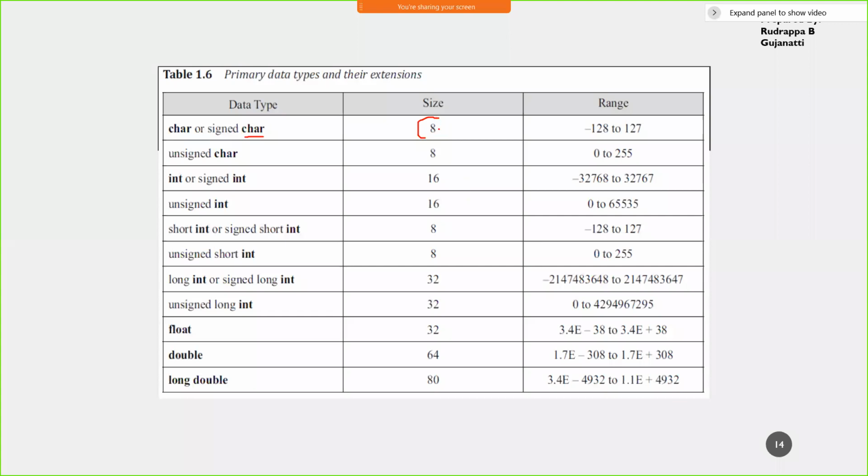Now, when you have 8 bits, you'll have a particular range for that. Since it is signed, you'll have numbers falling from minus to plus. How do you identify that parameter? If you consider how many characters are possible with 8 bits, you can have 2 raised to 8 characters, which is 256. 256 characters are possible to be obtained from 8 bits.